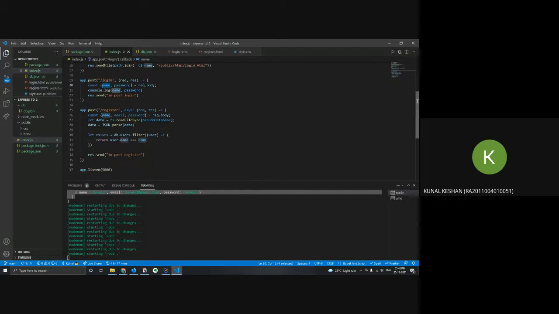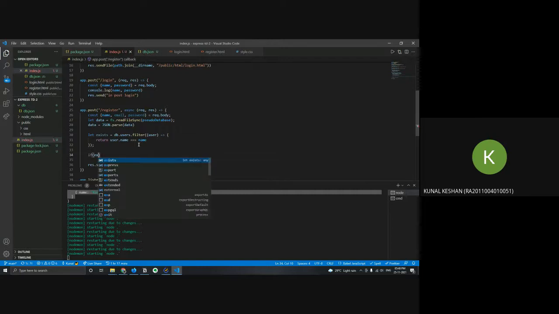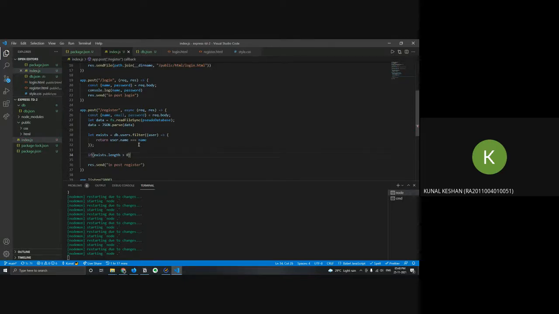If it exists, in our case, we use length over here, meaning it's greater than 0. That means at least one match came, which means there is a user over here. So we can just put res.send user